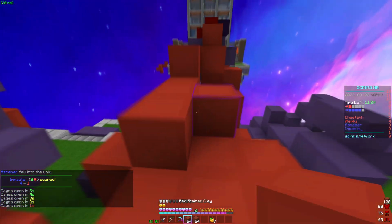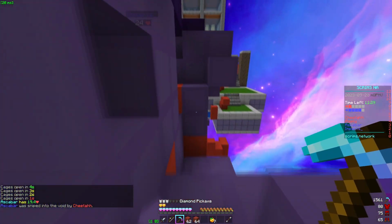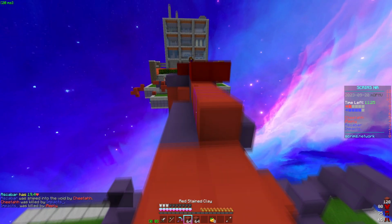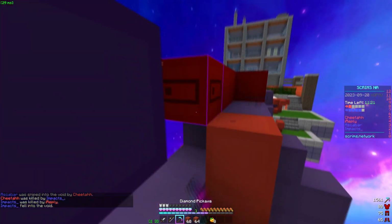So let's finally talk about the gameplay. And I'll be to the point. This is easily the best keyboard I've ever used for gaming. This is my setup I have up on the screen for my settings, and I have no complaints. The reactions are quick and snappy. If I'm moving one direction and want to stop moving in that direction, there is practically no delay between me